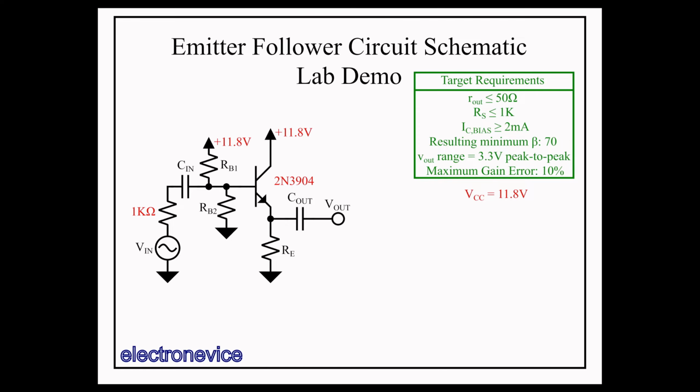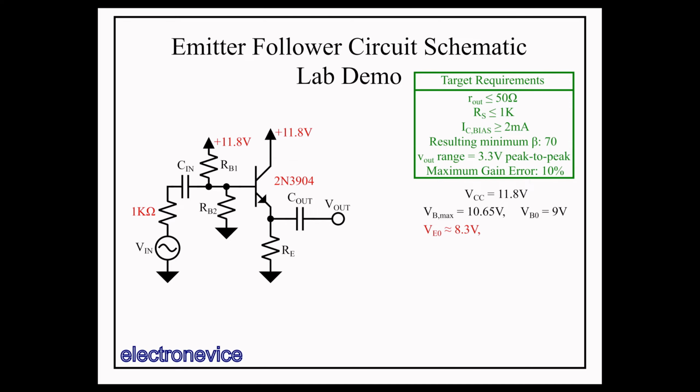The maximum value of the base voltage needs to be less than VCC. More realistically, we'll want it to be less than about VCC minus 1 volt. Let's set that maximum value to 10.65 volts to simplify the math a bit. This makes the base voltage at zero input voltage equal to 9 volts. This in turn makes the emitter voltage at zero input about 8.3 volts, assuming an approximate 0.7 volt base-emitter voltage. So now we need to think about the minimum output voltage to determine minimum collector current.